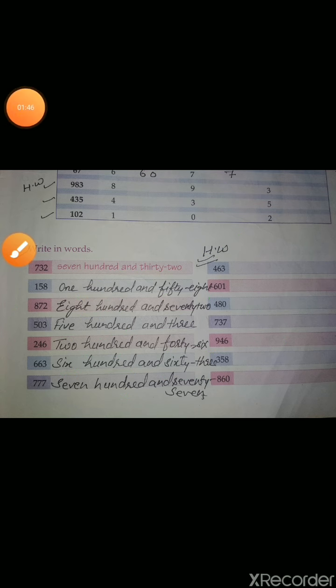Let's come to Exercise 1D, page number 4. First one is write the predecessor, the number before. Here in part A, 52 is given. Then write the number in the space given. What comes before 52? Right, here 51. Now next one is 90. What comes before 90? Right, here 89.